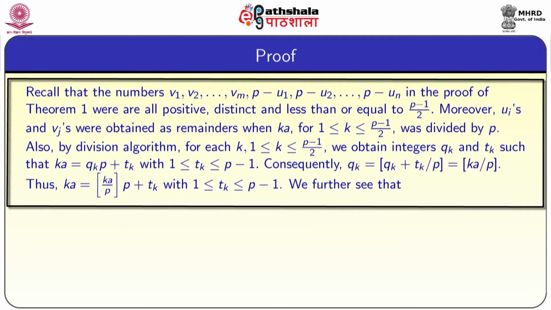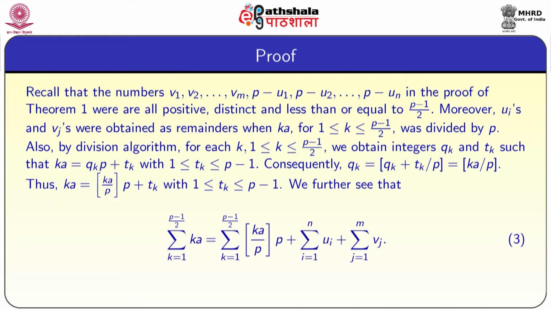Consequently, q_k is equal to, again recall q_k is obtained from the equation ka = q_k p + t_k, that is, q_k is the quotient if you divide ka by p. So, consequently q_k is equal to floor of (q_k p + t_k)/p, which is equal to floor of ka/p. Thus, we have that ka is equal to q_k, and we can substitute now, that is floor of ka/p times p plus t_k, with 1 ≤ t_k ≤ p−1. We further see that